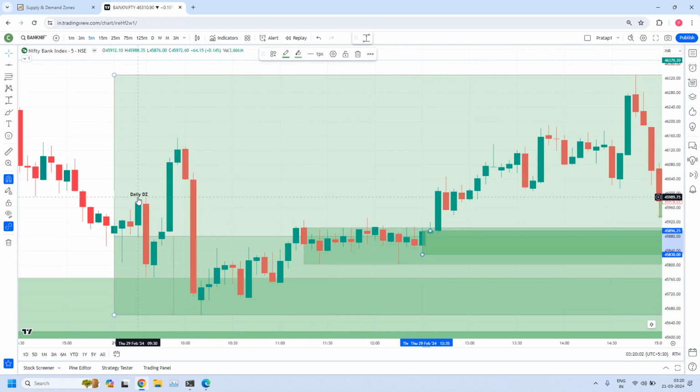Let me tell you again. This entire thing is daily. Inside daily we have drawn this 75 from here to here. Inside this 75 we have drawn a 15 minute zone. Inside the 15 minute zone we have drawn this fine-tuned 5 minute zone. And this is our real institutional order flow. This is the area you need to plan your trade, especially during intraday trading.